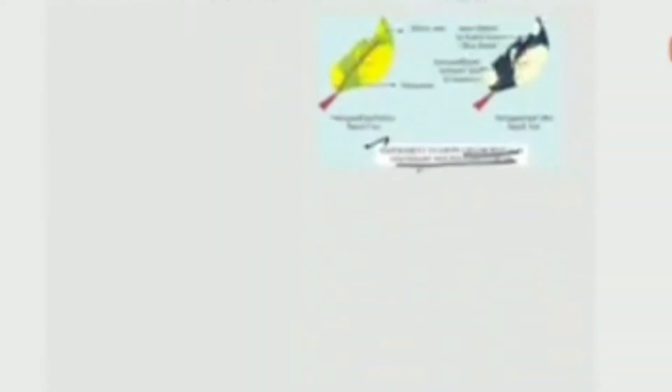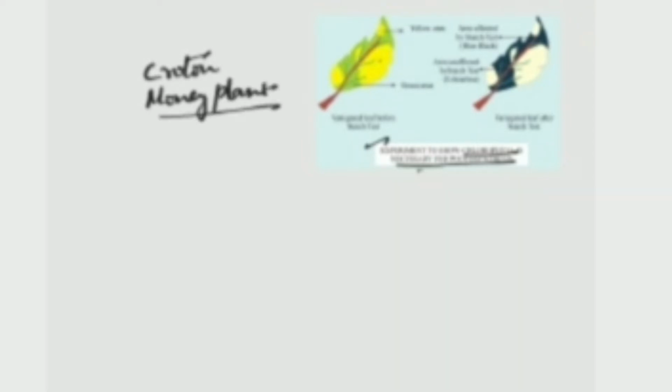The sunlight part I will discuss later. Now I am going to discuss that chlorophyll is essential for photosynthesis. For that you need a croton plant. Now what is a croton plant? A croton plant has variegated leaves, meaning other than the green part, the leaves have many types of non-green patches like brown or purple or yellow or many others. You can see in this figure it is a croton plant. Money plant is also a croton plant. Money plant is very common and all of you know about it, I hope.